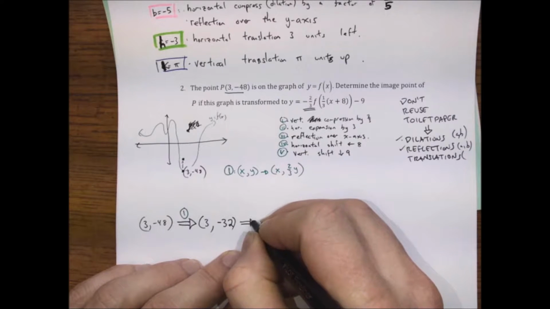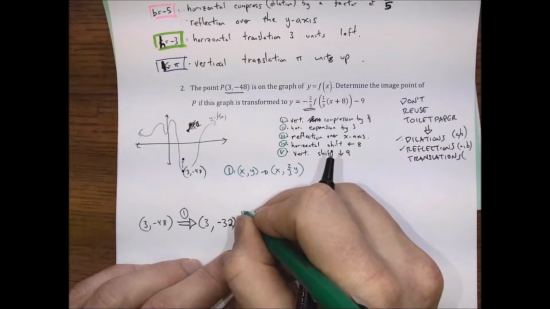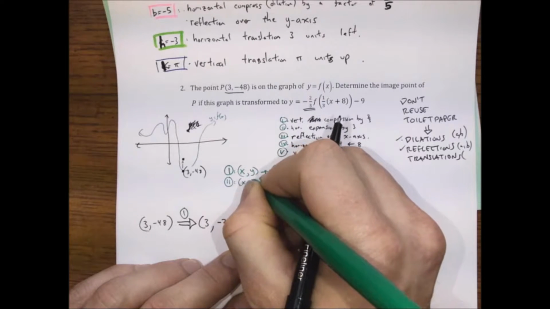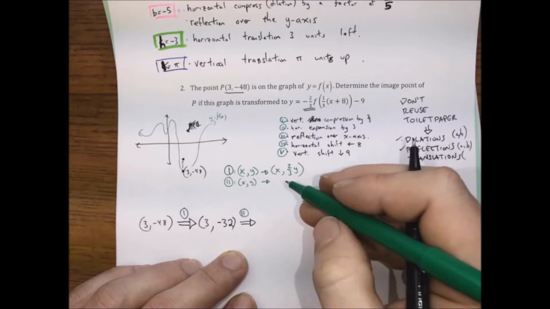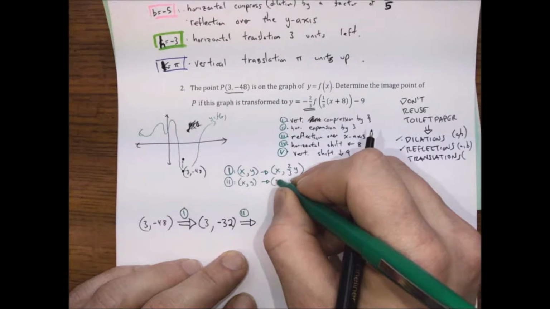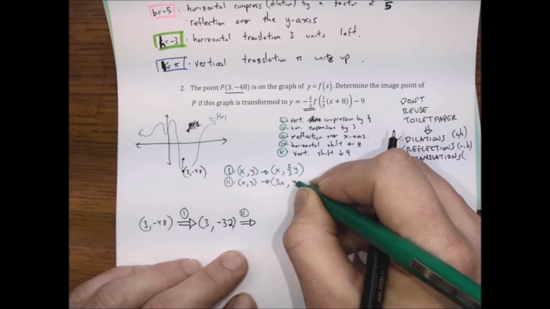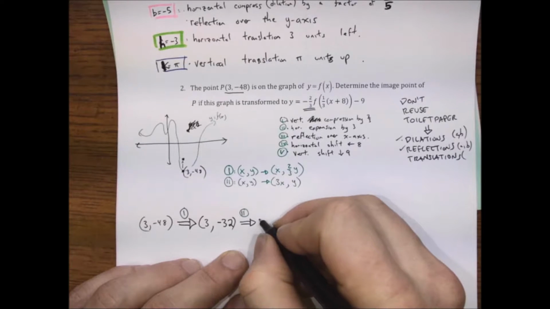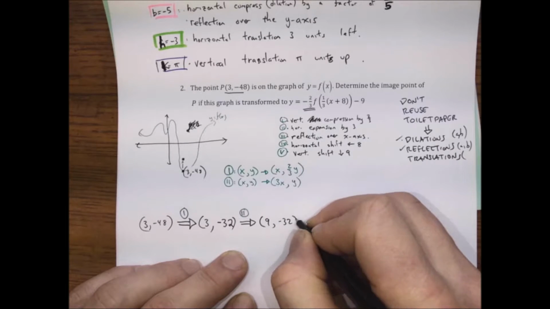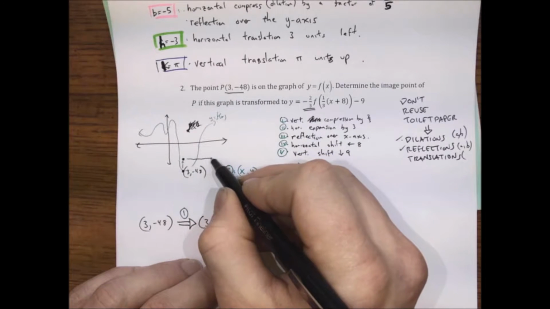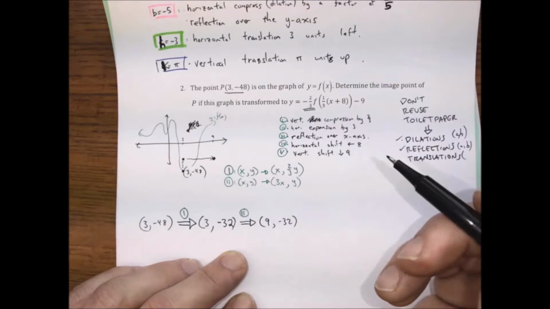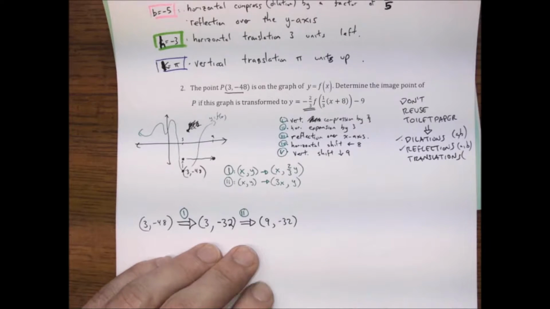What's my next transformation? So transformation 2 is going to take any point x, y, and stretch it. So my x value is going to become 3 times bigger than it normally was. And so that means instead of 3 here, I'm going to have the point 9, -32. So this guy is going to now shift outward. If that was 3, it's at 9, -32. Okay. And